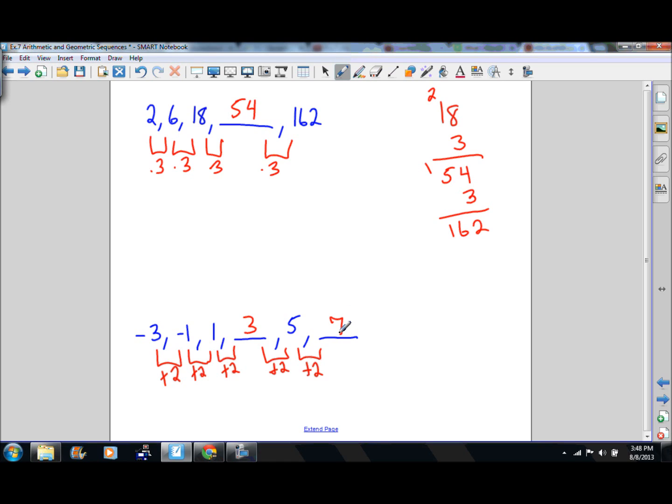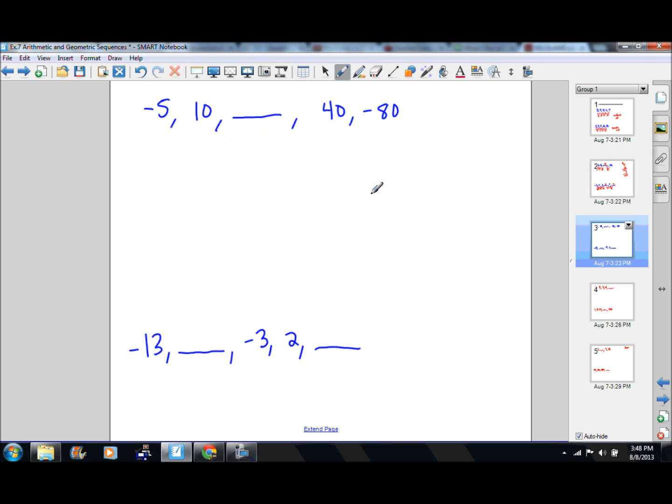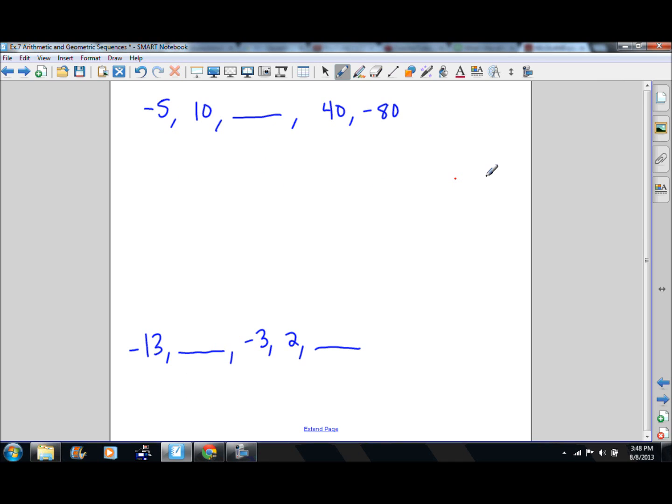Okay. So you have to identify what type of pattern it is, arithmetic or geometric, and then you just fill in the numbers for your tables. How many more slides do we have here? A couple more. All right, so I'm going to do these next two. This one here,